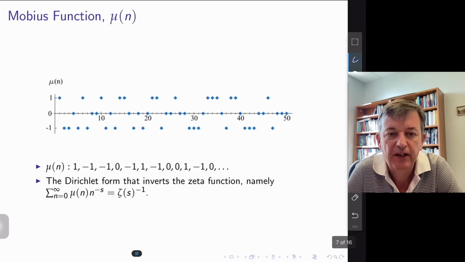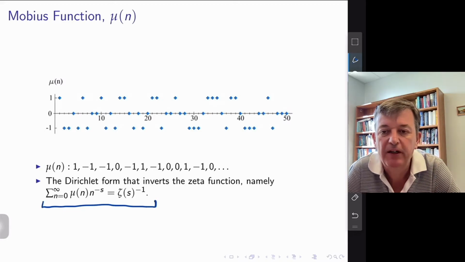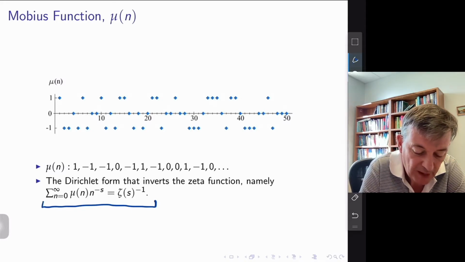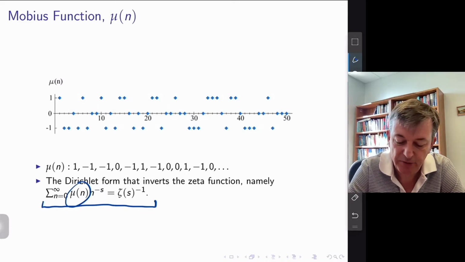One other function that we'll talk about is something called the Mobius function. And again, there's been a lot of work in number theory on the Mobius function. The Mobius function satisfies the Dirichlet L series, so the reciprocal of the zeta function. And that original Good and Churchhouse paper that Paul gave me was trying to talk about statistical properties of the Mobius function, and given certain properties of the Mobius function, there's an equivalence with the Riemann hypothesis. And lots of people in number theory have studied the behavior of certain properties of the Mobius function, and it's sort of got this random looking